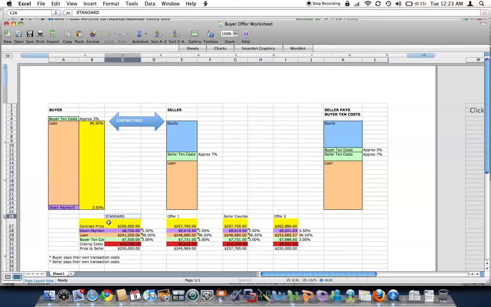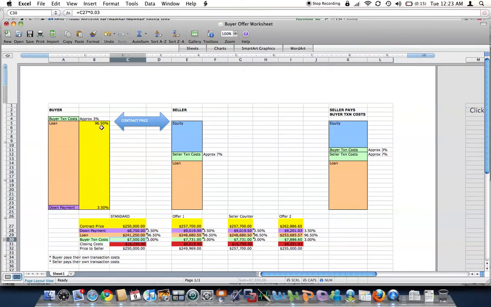On a standard contract, let's say we agree to a contract price of $250,000. Your down payment for an FHA loan is 3.5%. Your loan amount is that, so this plus that equals that. And then there's a buyer transaction cost, which is about that amount. So what the buyer has to come to the table with is the transaction cost plus the down payment,